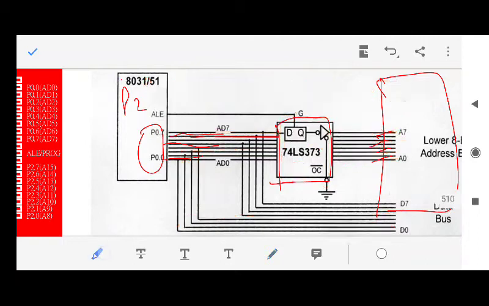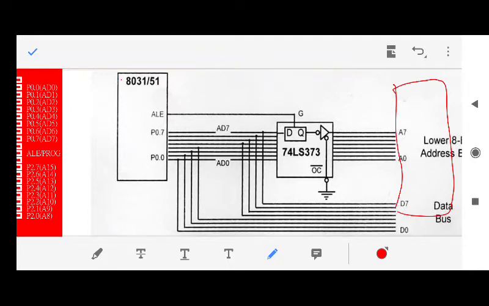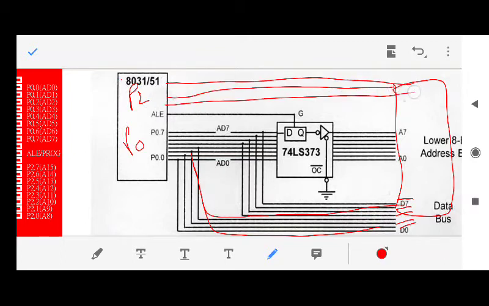Fine. I'll explain the entire thing again. How will you do the connection? You have a memory. The data lines of the memory are already connected to the data lines of port 0 and port 2. The address lines coming from port 2 can be directly connected to the memory, but the lines which are coming from port 0 are not exactly address. They can be address, they can be data, depending upon the value of ALE.